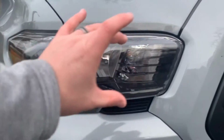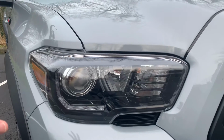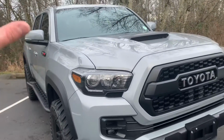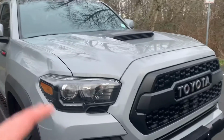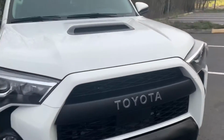I feel like the strips on the 2020 Plus, I don't know, I feel like it's trying to be something that it's not. It's not an Audi, it's not a super high-end vehicle by any means, so I just feel like it's a little out of place looking on this platform. That's just my opinion though. As for the hood scoops, people always dog these, but I've grown to appreciate it. It's just a